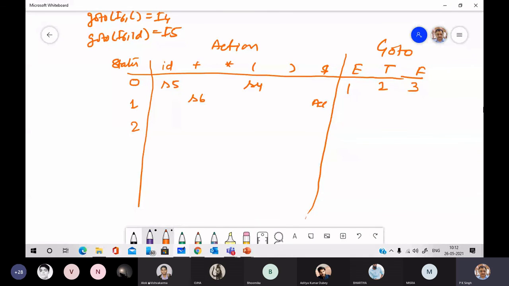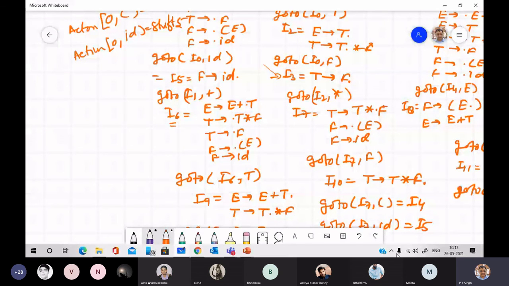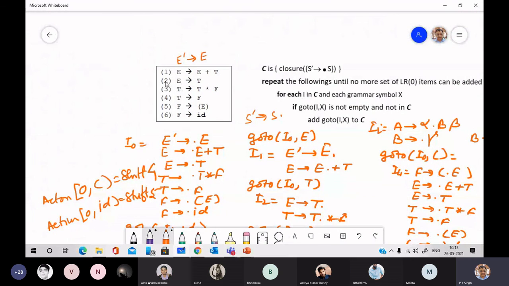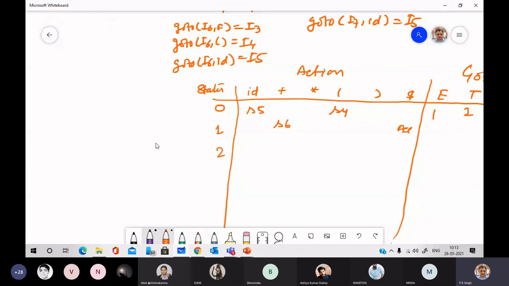Reduce by E to T. E to T is production number 2, so that is R2. Here you have R2, here you have R2, here you have R2.